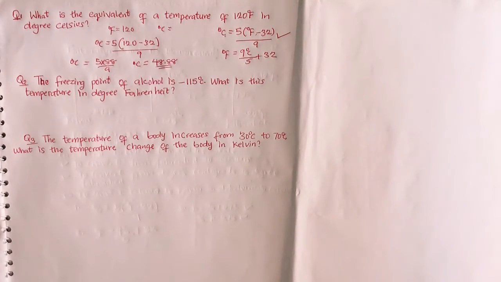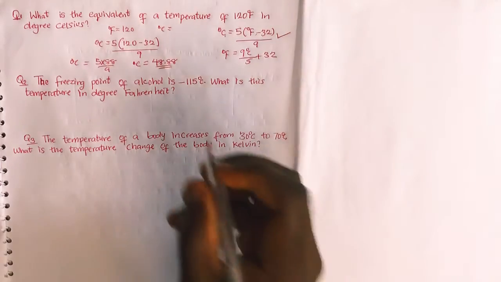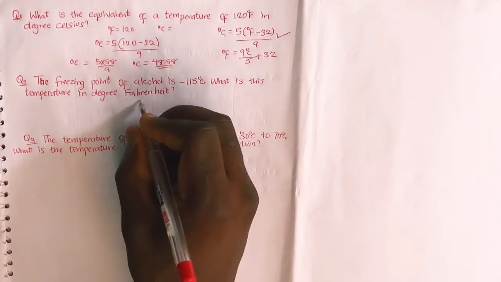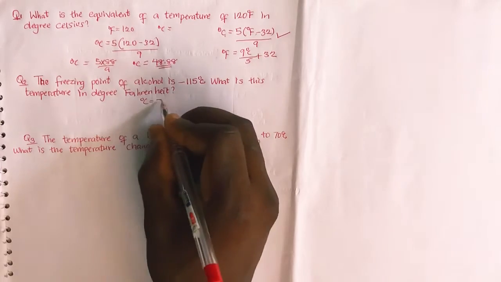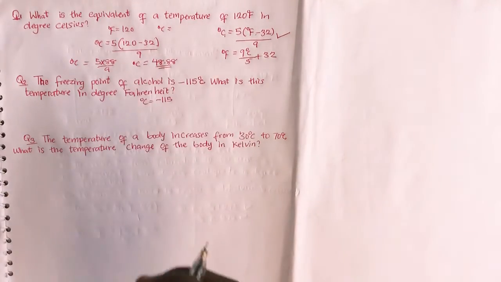The freezing point of alcohol is minus 115 degrees Celsius. What is the temperature in degree Fahrenheit? So in this case, we are asked to convert to degree Fahrenheit. What we are given is in degree Celsius. Degree Celsius is minus 115, and this minus indicates that this degree Celsius is in